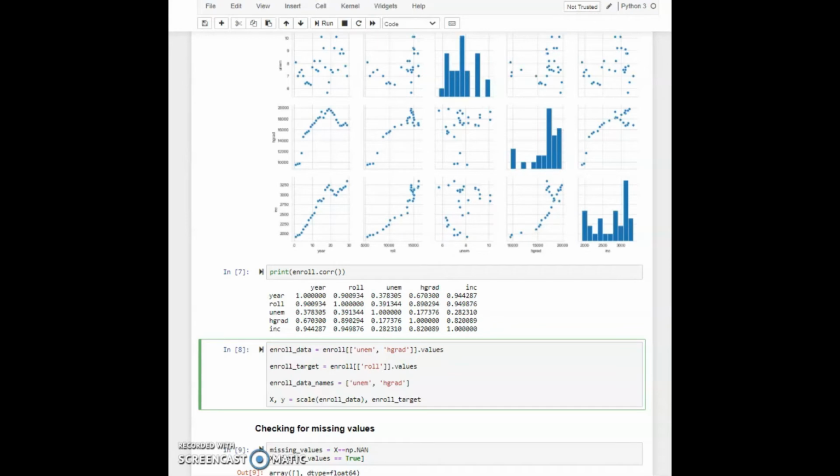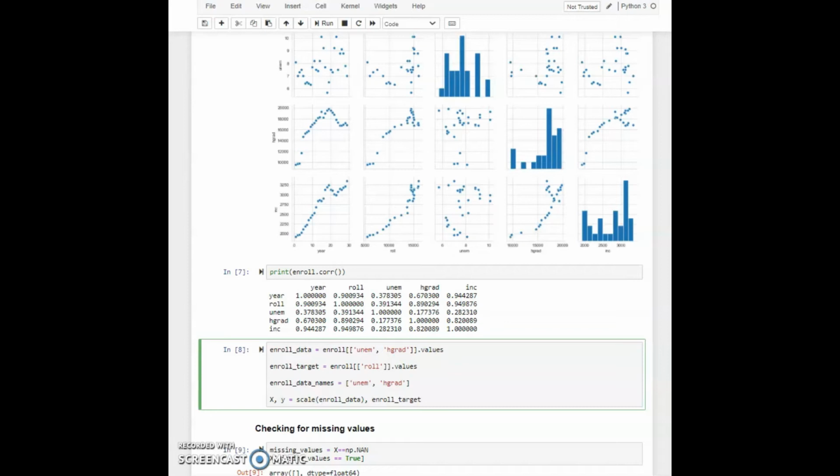So we'll create a variable called enroll_data_names, and we'll set that equal to unem and hgrad. And of course, before using our variables as predictors in a linear model, we should scale them. Our predictors are going to be X data, and then our target is going to be y data.